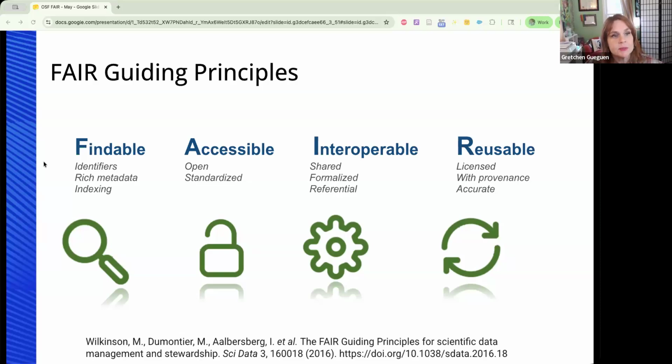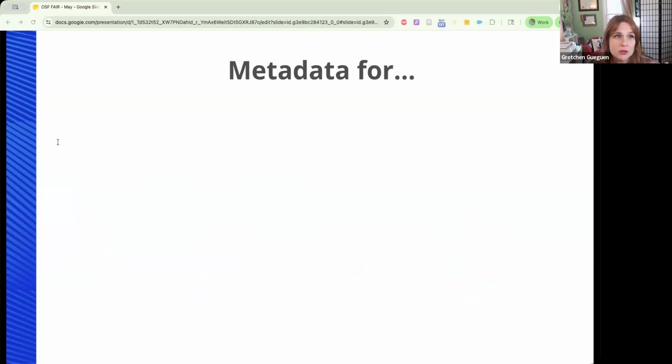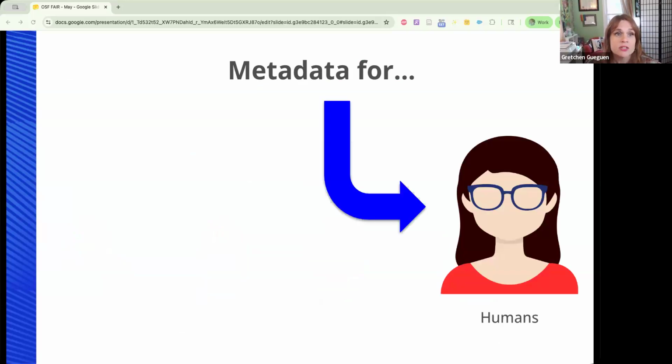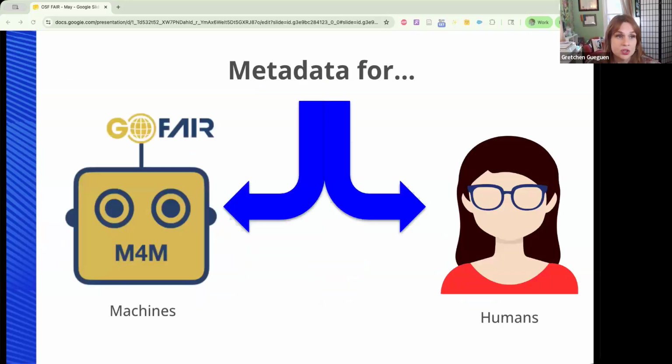FAIR is a guideline that helps us make sure our metadata is as complete as it can be and in a format that's as useful as possible. But it also addresses the distinction between data and metadata that's easily understood and accessible by humans versus data that's easily understood by machines. That means data that can be indexed, sorted, searched, and analyzed by algorithms. So it's important that data be readable to both machines and humans because each plays a different part in the discovery process.